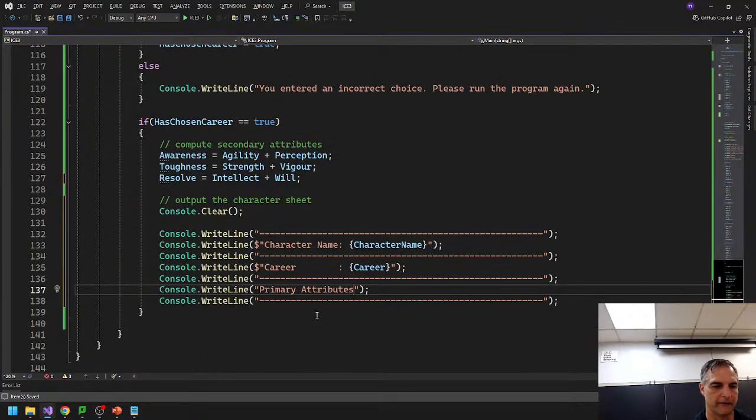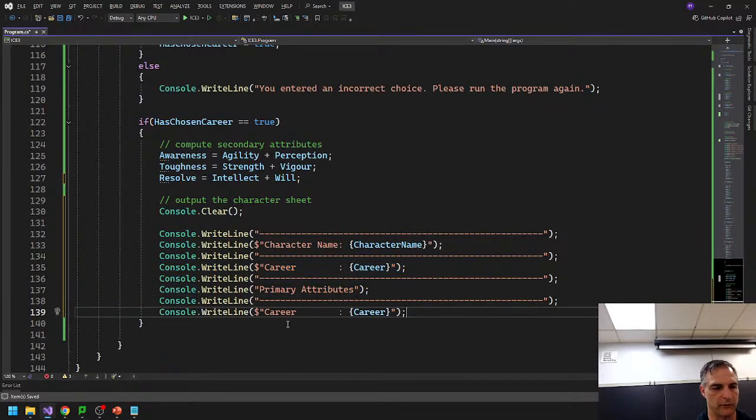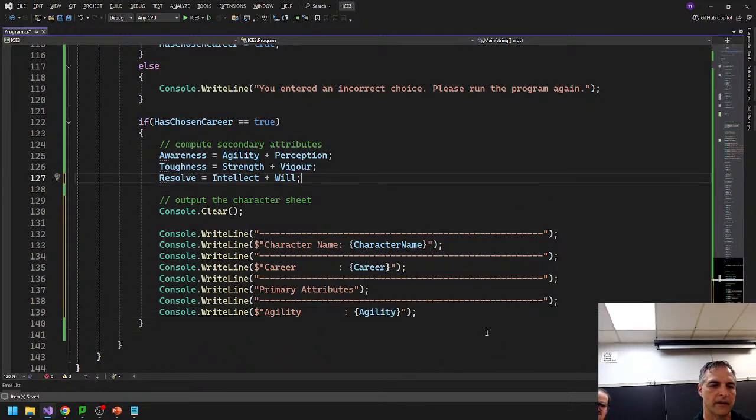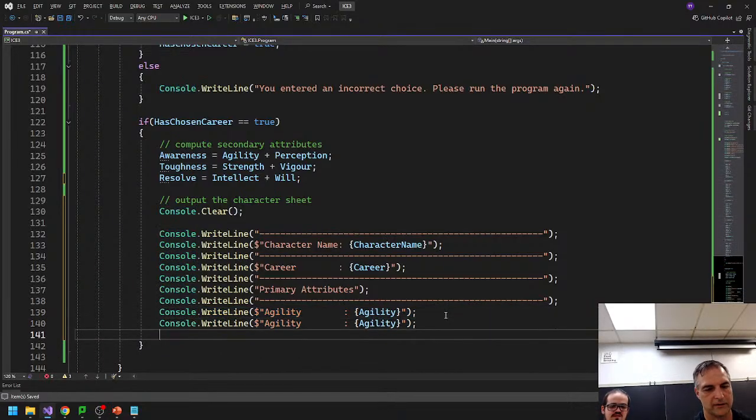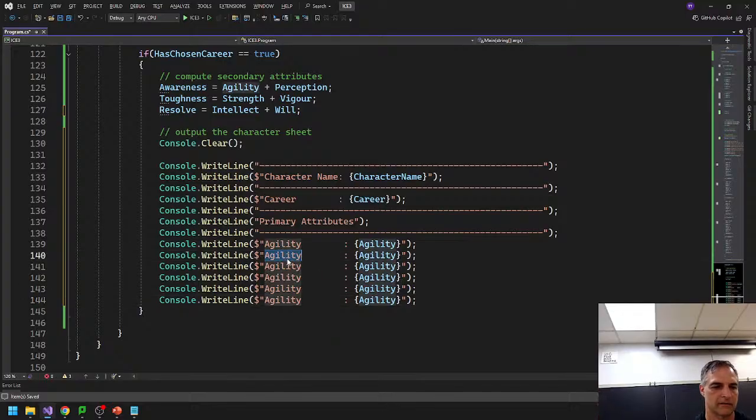And then I can grab these two lines again, actually just this line, and put this in there, and we'll say this is agility. You know where I'm going with this, right? Really quickly, and then I can just copy in the rest. Strength, vigor, perception, intellect, and will, right? I decided to sort them just to make them a bit